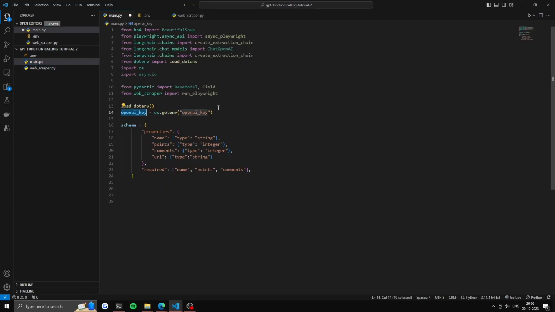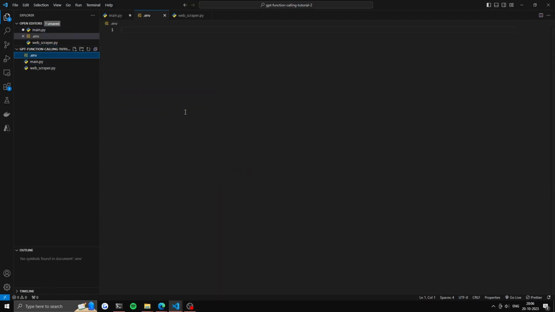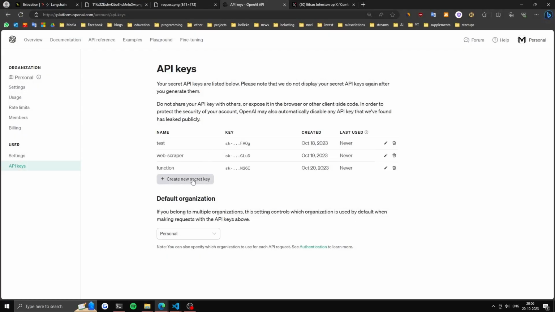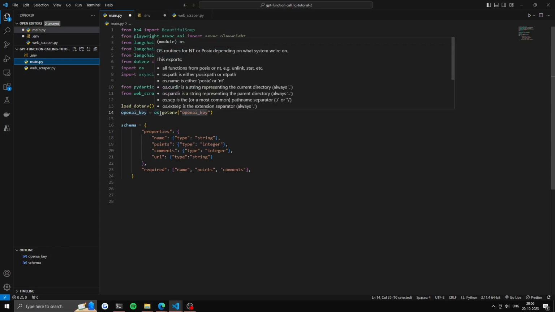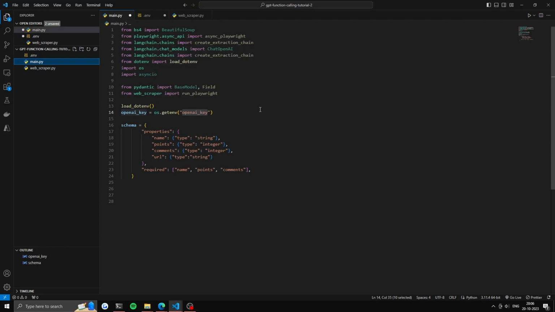You get your OpenAI key, this one. Then you put that in here, and you generate a key here, and you put that inside of the string. Then in your main function you call the getEnv function with your keys, and eventually you put this key inside of the LLM to keep tabs on all of your API requests. And next to that, we're using this schema, this JSON formatted schema,